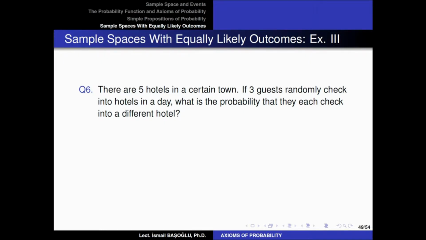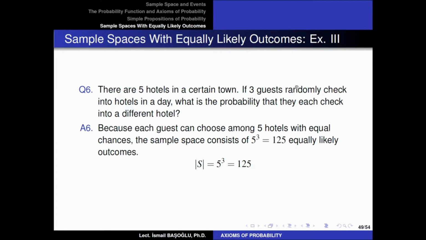So how many outcomes may we have? Each guest, the first guest, can check into any of the 5 hotels. And if we give the same chance to the second guest, the second guest can also check into any of these 5 hotels. And the third guest can check into any of these 5 hotels, right? Therefore, assuming that this is a random experiment, this random experiment can end up with 5 to the power 3,